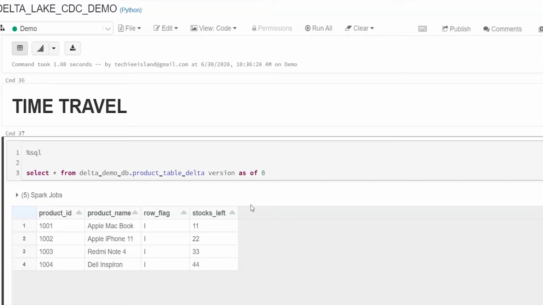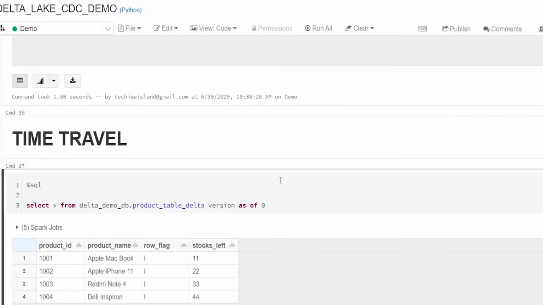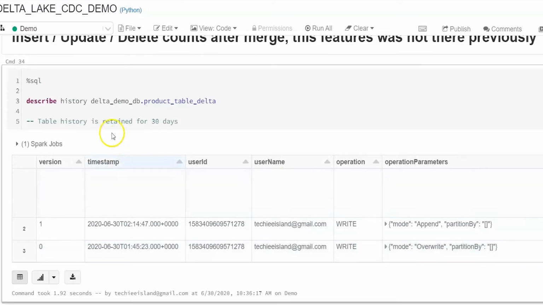In those scenarios, you can check the read version from the Delta describe history table command and query it from the Delta table. Also, it is not only version you can use, you can also use the timestamp which is also present in the history command table.